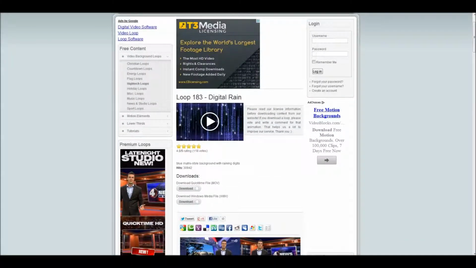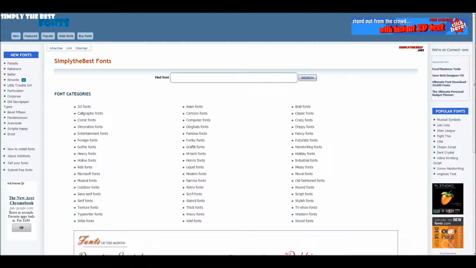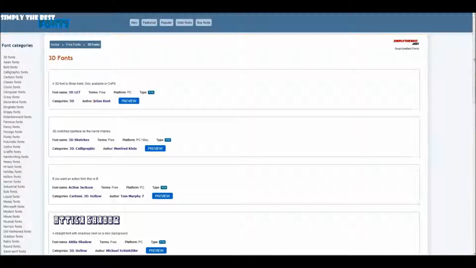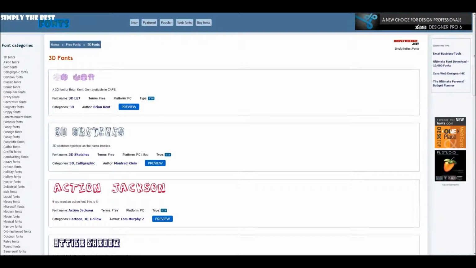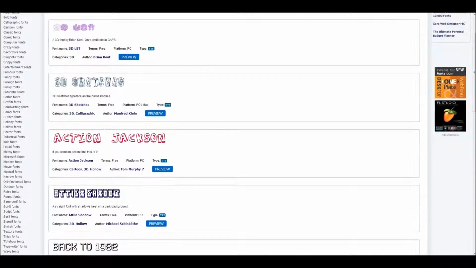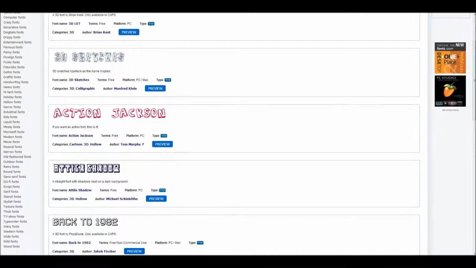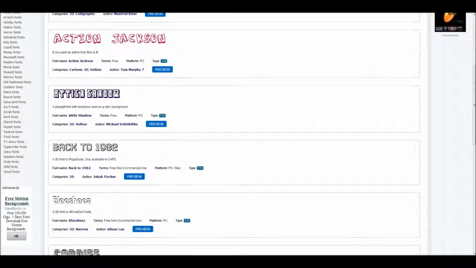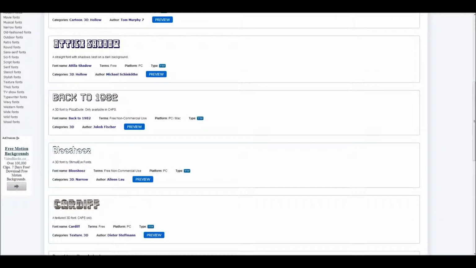After you do that, you next have to go to this place called fonts.simplythebest.net. Now, I'm also going to put a link to this in there. With this, you could pick from all different fonts. I chose the 3D fonts, and from 3D, not only do they have titles for different ones, but they also have all these different fonts inside each title. So I got the Back to 1982 one. When you do that, you press preview,